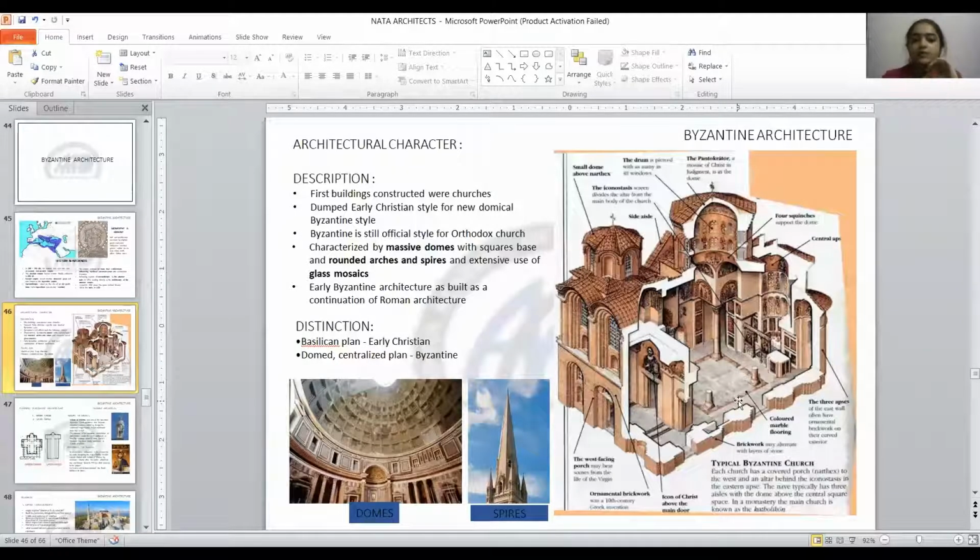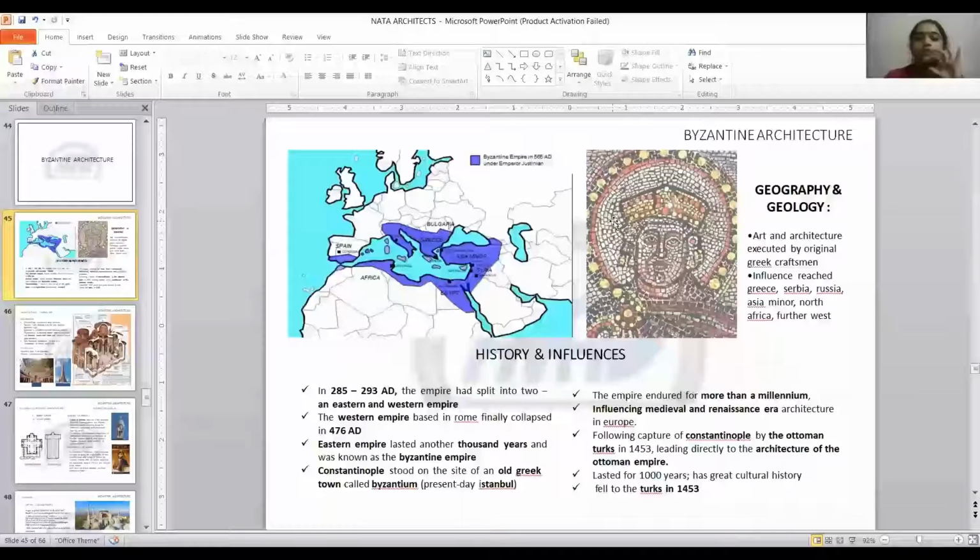Like you could have seen in previous slides, the orders like the Doric order, Corinthian order, Ionic order. So every type of order was also used in Byzantine architecture. But the peculiar thing here is that they started using mosaic ornaments instead of decorating so much. So you know what mosaic is, right? Like this, you make an image out of it, a combination of more colors. So they started using mosaics, and it had a huge dome.